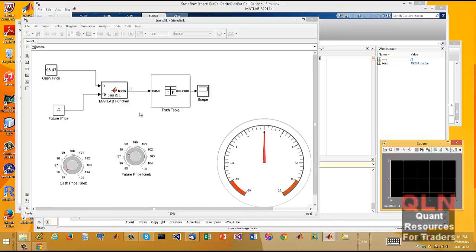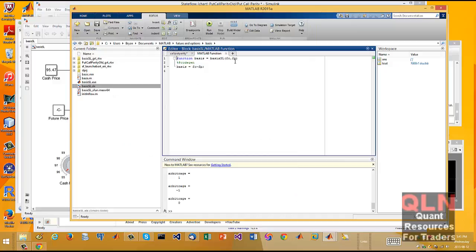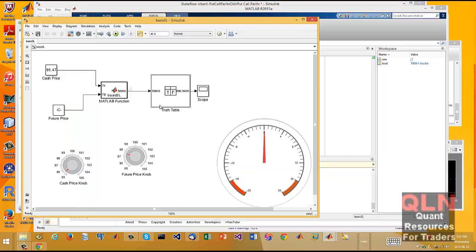It's the same concept. We've got here an inflow of a cash price and a future price. In this case, we've just got the basic basis algorithm or equation between the difference between future cash price and the future price. And then also I've got a little dinky truth table attempt and a scope. But if you run this,